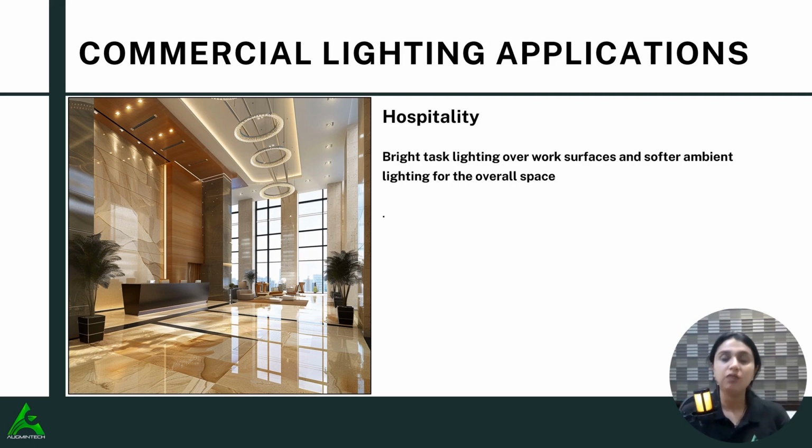I don't know how many of you would have seen it, but generally, if you go to any kind of hotel reception, they have a cove light or a strip light which directly falls on their table, or they have a hanging light right above their table, which provides them with that illumination. So task lighting is very important for hospitality, and we need a very subtle ambient light